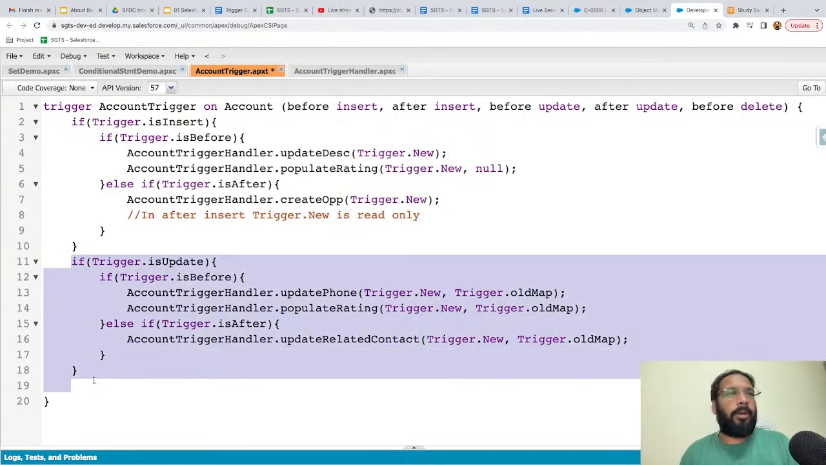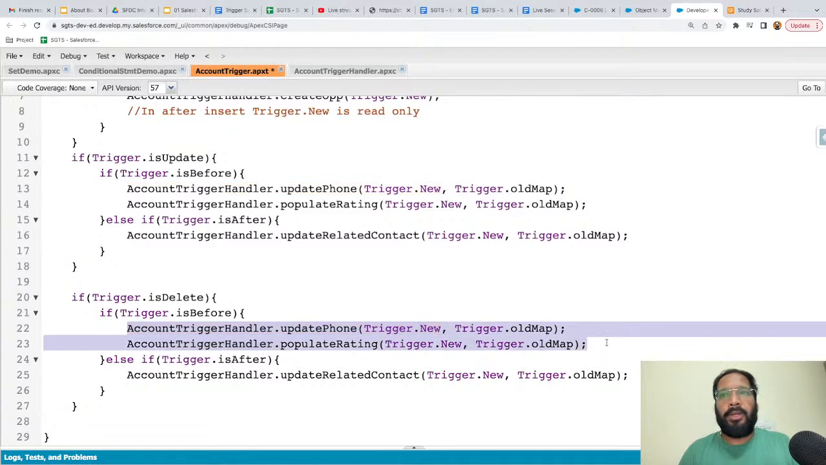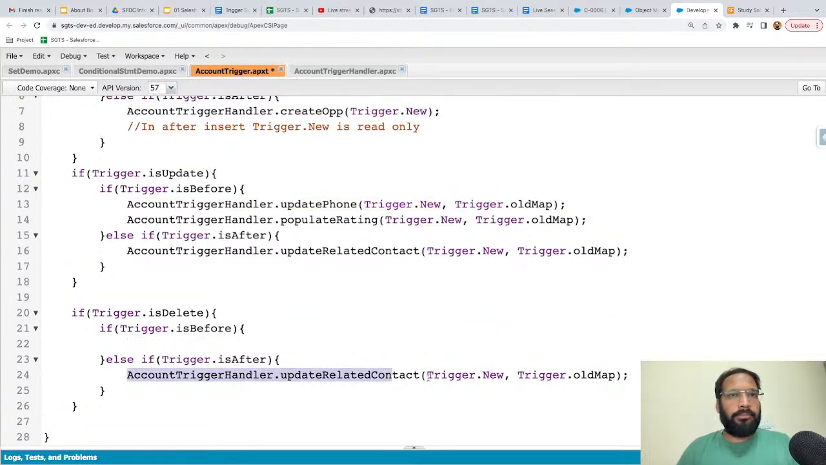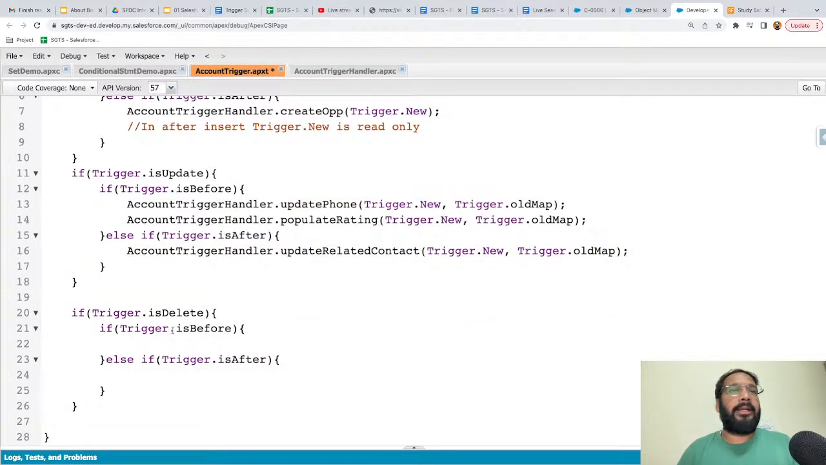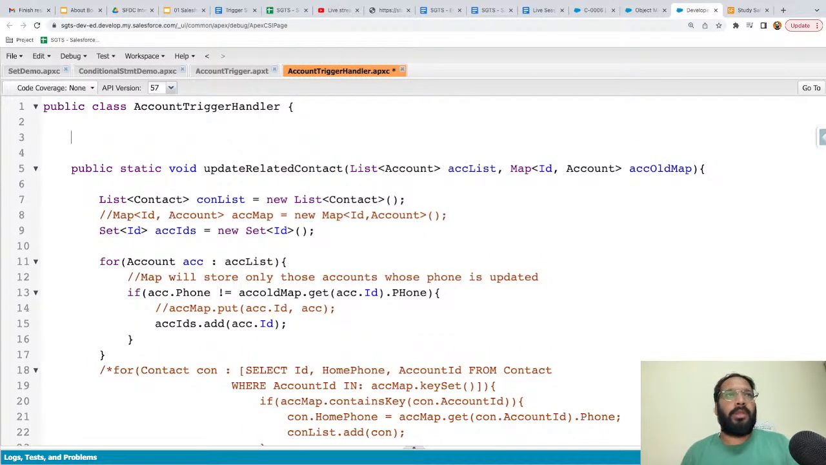And here I am copying it and pasting it. So this will be another block. It will be known as trigger.isDelete, then is before. And I am deleting these statements, right? Now I'm just saving it. So I just created the structure. Now I'm going to implement a method here. So my method will be public static void and prevent